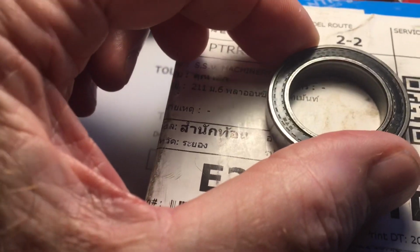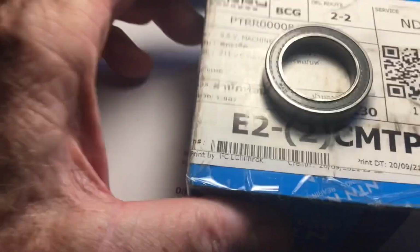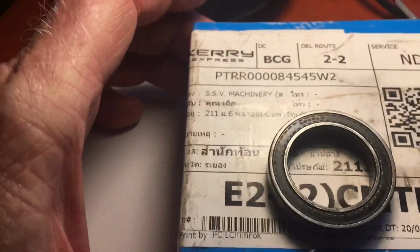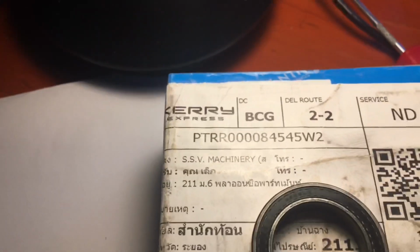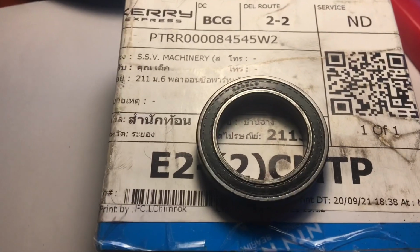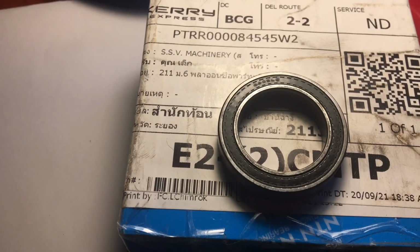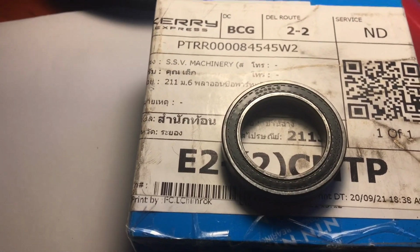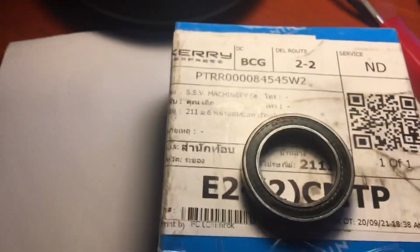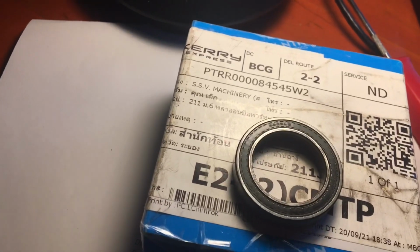Anyway, it says 6805LB. Now, I was curious about that because of the actual code that I ordered these from the NTN distributor in Bangkok, you can see that right there, SSV Machinery. How to find that? Well, I called the manufacturing plant, which is not far from my house, and they said, we just make stuff, we don't sell it, but you can call this number. So I called that number, and they said, no, you need to call this number. So they put me in touch with SSV Machinery, and SSV Machinery is on the website here, so it's a certified dealership. Furthermore, they sent me in a text message a photo of the NTN certificate that they have on display at their